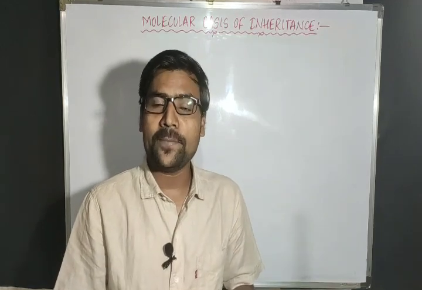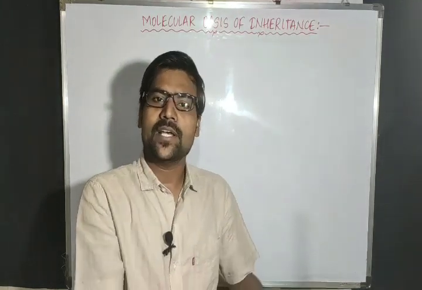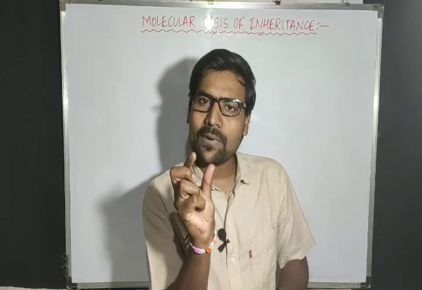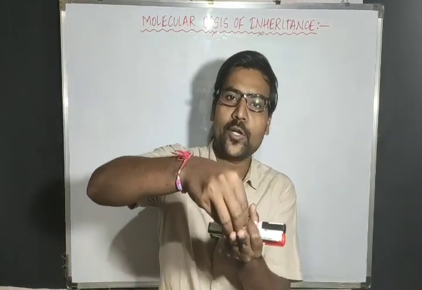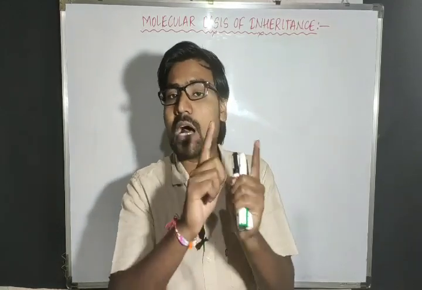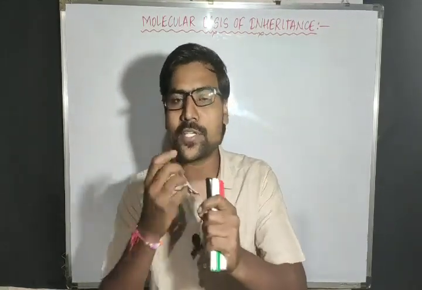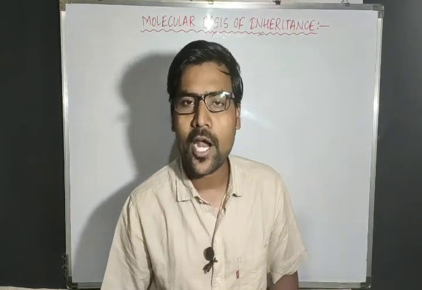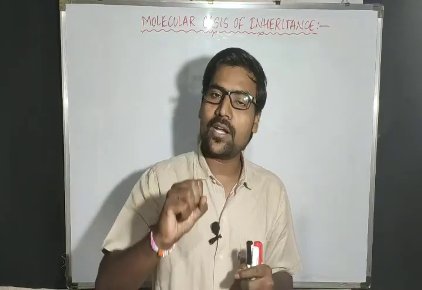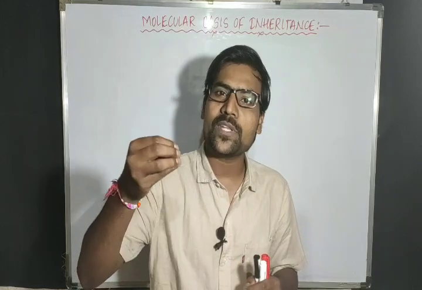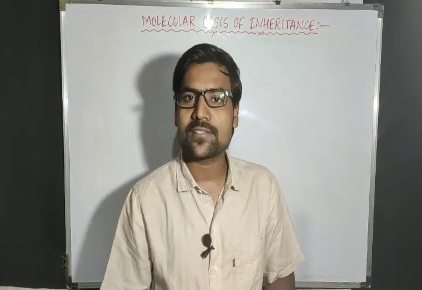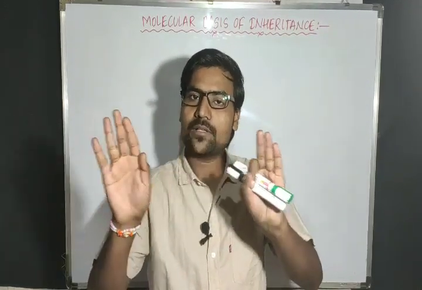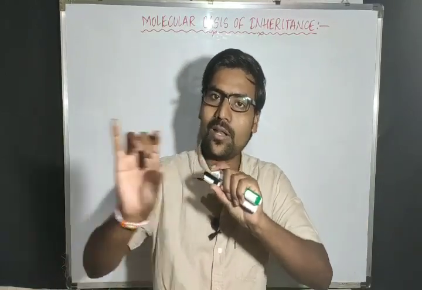But whatever the method might be, we have some common steps: isolation of the DNA, purification of the DNA, fragmentation of the DNA, and inserting those fragments into a YAC or BAC, yeast artificial chromosome or bacterial artificial chromosome, in a suitable host. Why? In order to get cloning, multiple copies. After getting the copies, those fragments are attached with overlapping sequences, and by using the overlapping sequences they align all the fragments in one linear form.